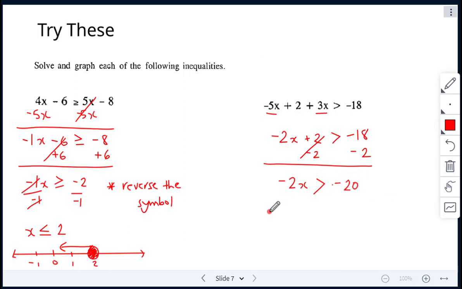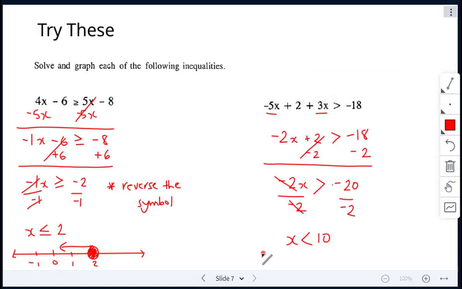All right, and last step here, we are dividing by negative 2. It's a negative number, so we have to remember to reverse the symbol. So it becomes x is less than 10. Negative 20 divided by negative 2 is 10. All right, so x is less than 10. Lastly,